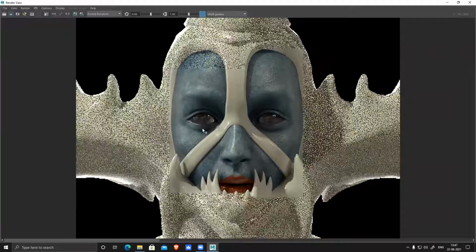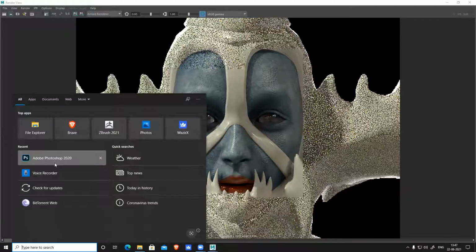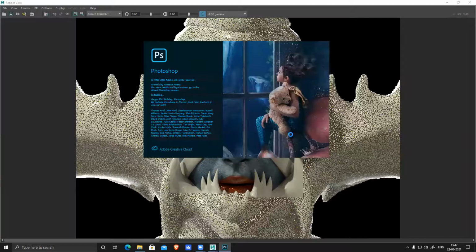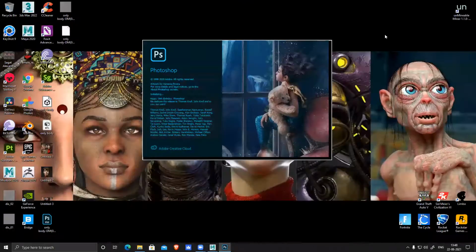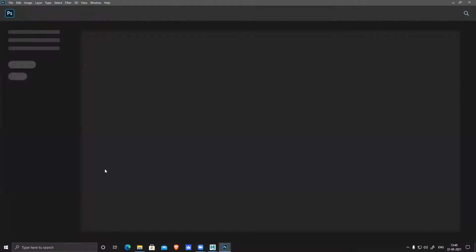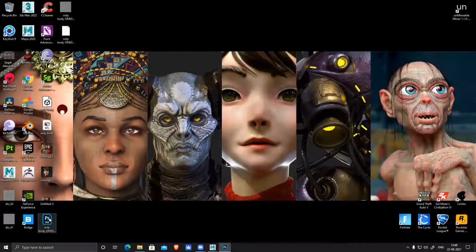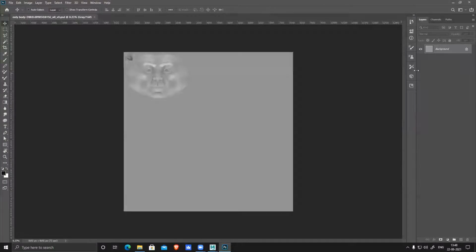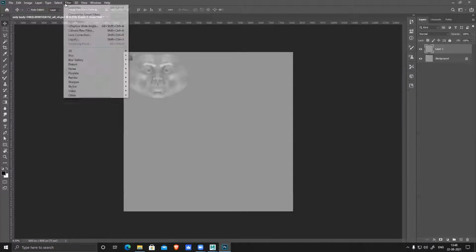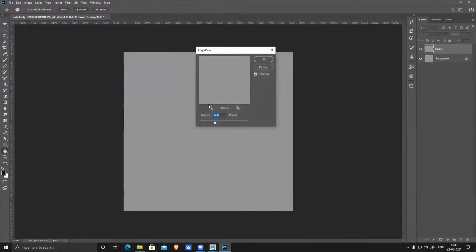Sir, what is the high pass? In Photoshop there's a high pass option, right? Just duplicate with Control J, then Filter, Other, High Pass.